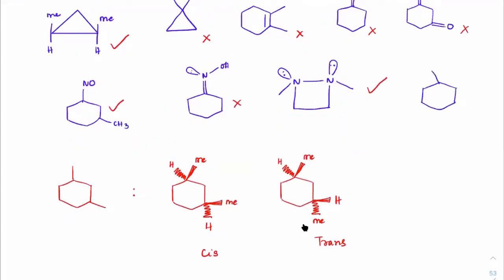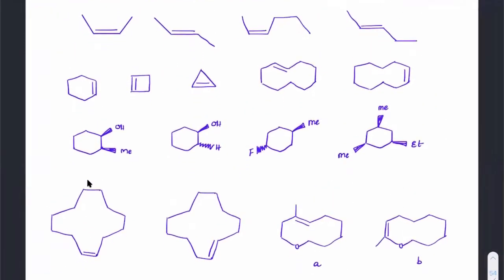Suppose there are two methyl groups here, methyl, methyl, iodine, chlorine. Does this show geometrical isomerism? With respect to chlorine and iodine, it will show. The two methyl groups have no role here because this carbon has two same groups, so that cannot exhibit any geometrical isomerism. But here, chlorine and iodine could be on the same side or the opposite side, so that will show geometrical isomerism. Okay, everybody's done with this.